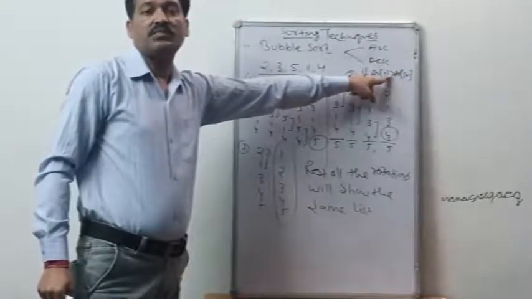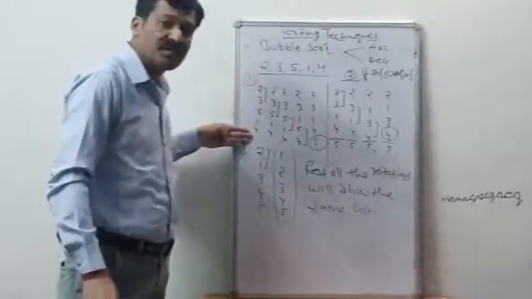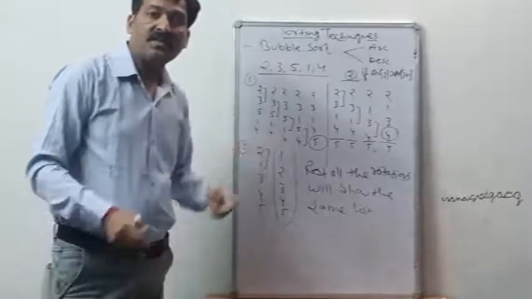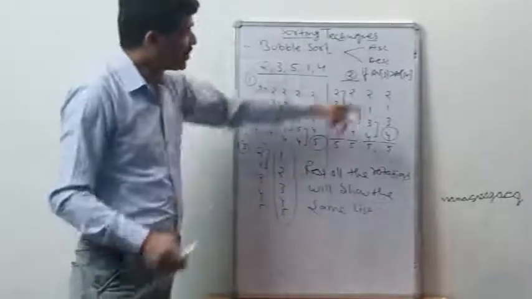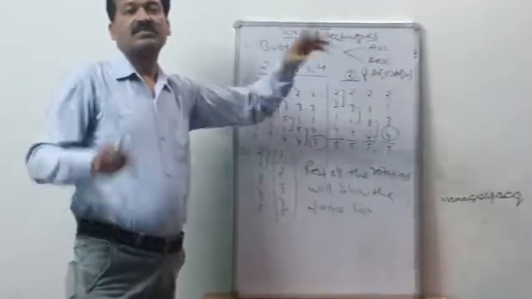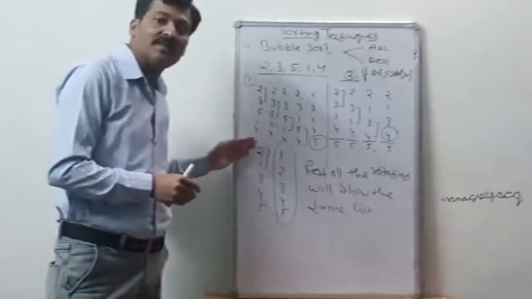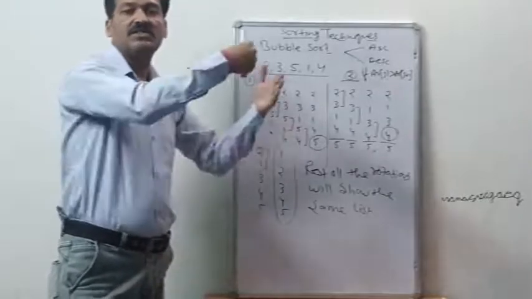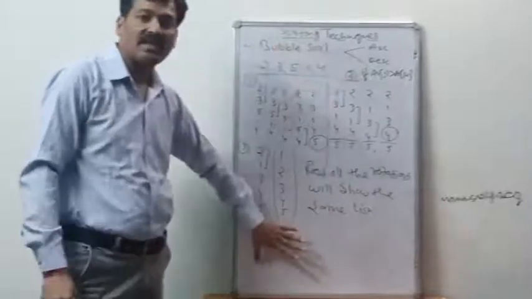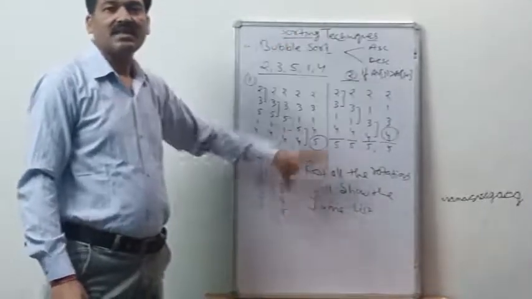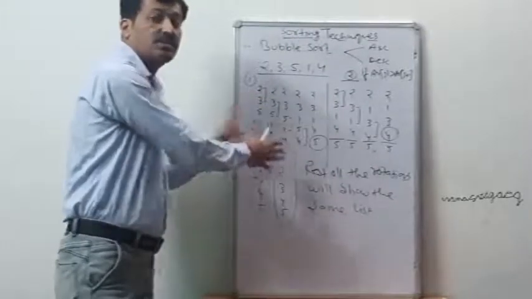What does it mean? It means we are sorting the list in ascending order so that the greatest element is shifted up to the end. But if we are going to place the elements of the list in descending order, we have to change the sign to smaller than, so that the smallest element from the list will be shifted to the end of the list. So this is the bubble sort technique. Revise it, remember it, because this algorithm is very important.